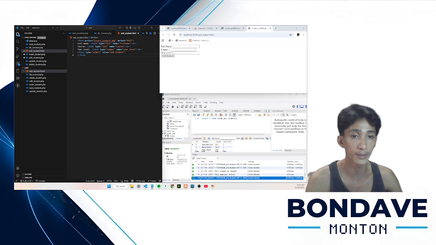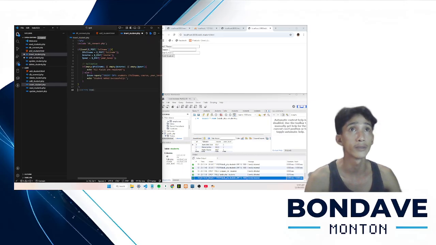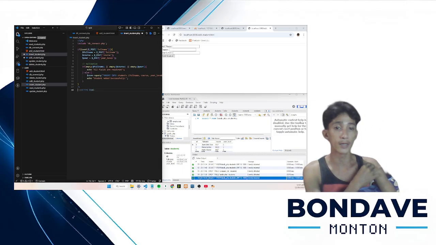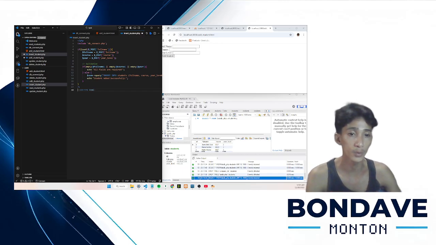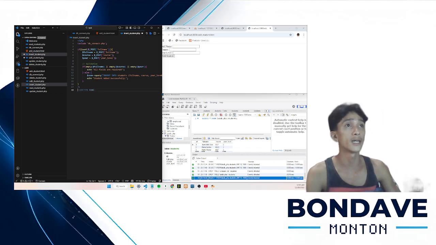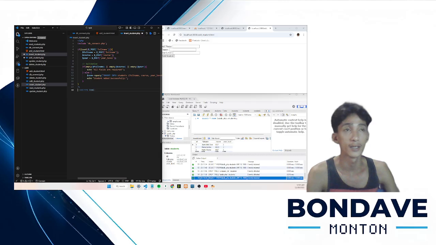Next we create an insert student PHP, which I've already here. Then just copy the code I've already created, and then here. Now the form sends post data to insert_student.php, which saves the student in the database.